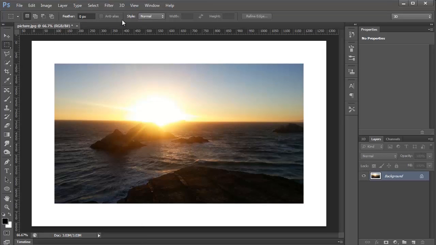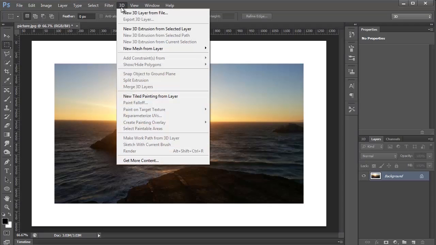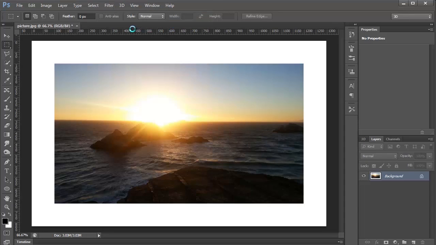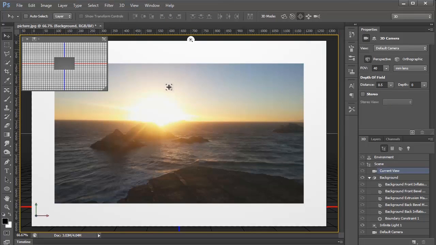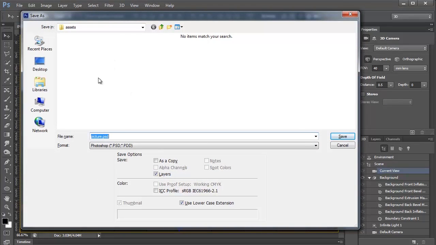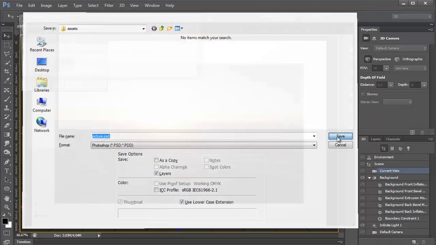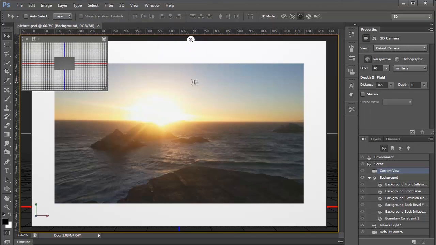After that, go under the 3D menu and click on New 3D Extrusion from Selected Layer, and it's going to turn this layer into a 3D layer. And by the way, I'm going to press Ctrl S or Command S to save, since it's always a good idea to save as you're working, especially in 3D. Okay, so now that everything is saved,